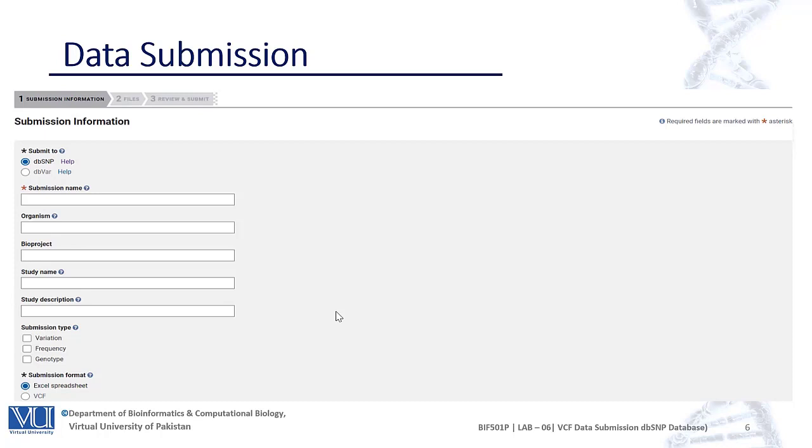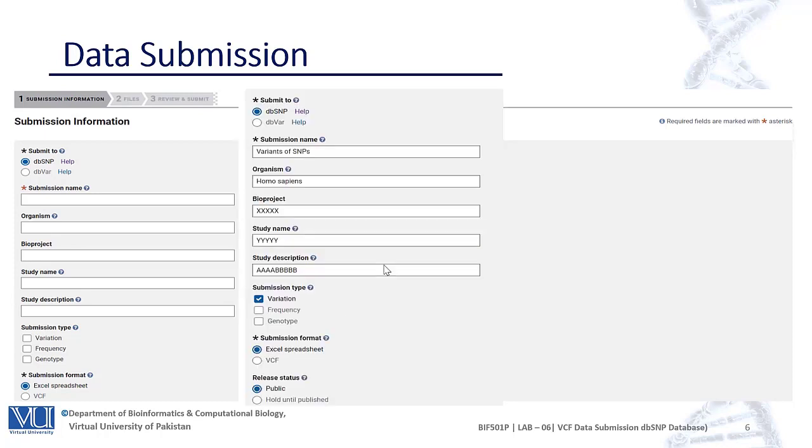Here submission name is required, organism name is required, the project name, study description, and submission type, whether you are submitting variation, frequency, or genotype, and what format you are following to upload the data. Here are two options, Excel spreadsheet and VCF. Here you can see I have entered some dummy values to make you understand how to enter the data